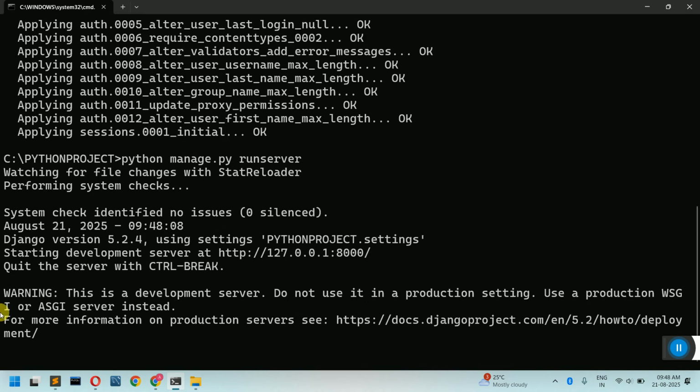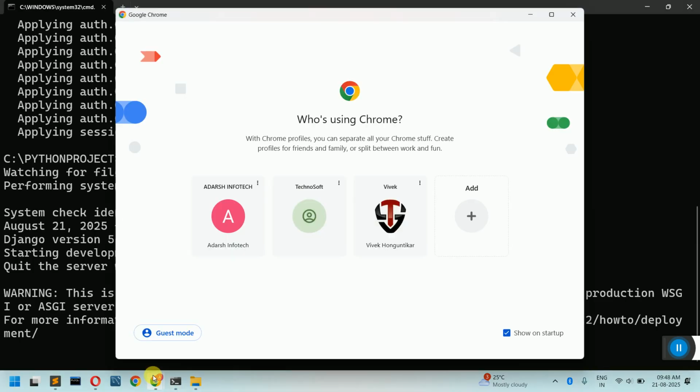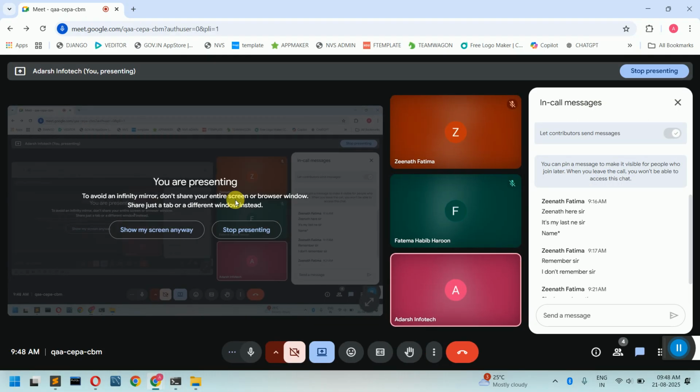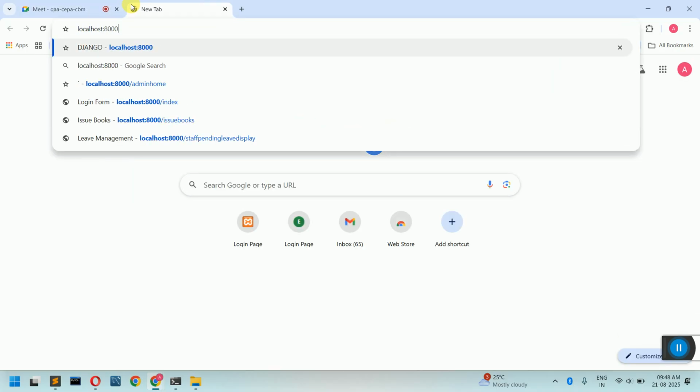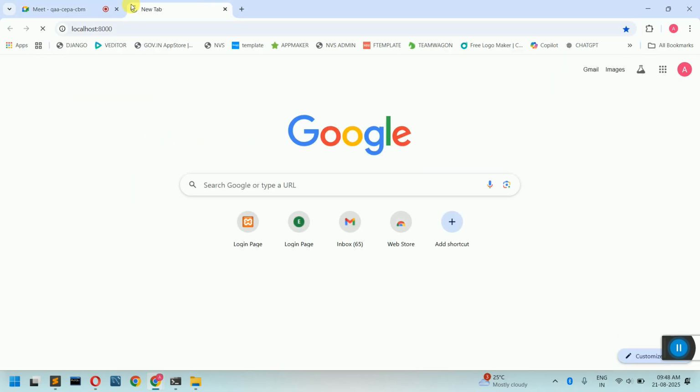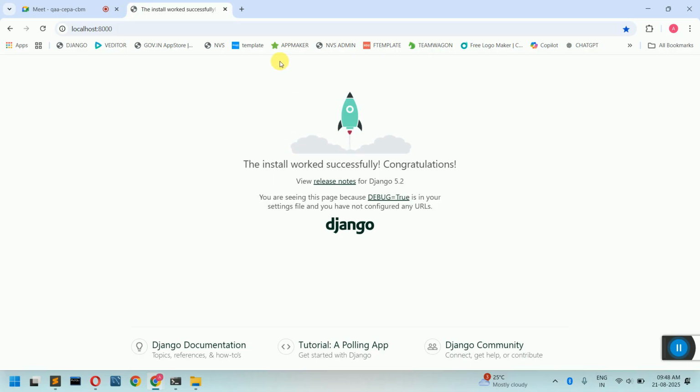So it says quit the server with control break. If quit the server with control break has come, then whatever operations you have done are perfectly fine. I want to see that application on the screen. So open the browser and here I'll type localhost colon 8000, click on enter, and you will see the Django application